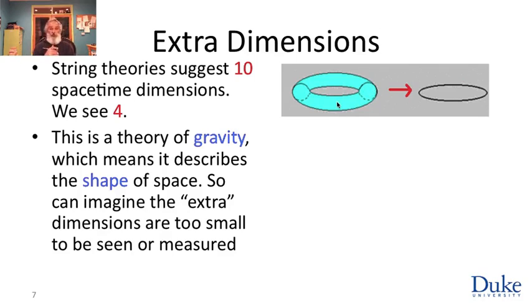In the very real quantum sense, he will occupy equally all positions around this circle because he's a big fat bug, like I'm a big fat person. And if you have a direction in which once you move 10 to the minus 33 centimeters, you come back, then my wave function is smeared equally over all parts of that circle. And so this bug would then interpret what he measures as being a one-dimensional universe, unless he developed a really powerful accelerator that could see the distances along this small circle, and then he would resolve that actually the dimension of his space was 2.